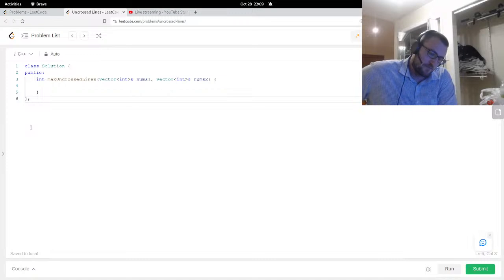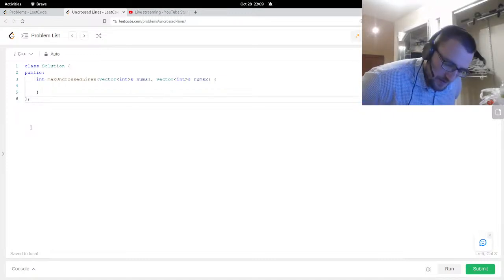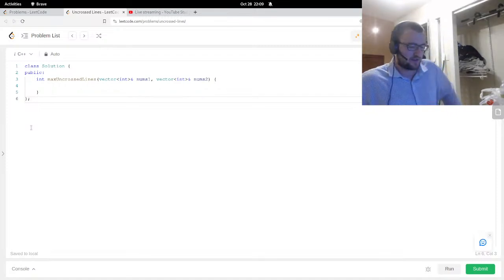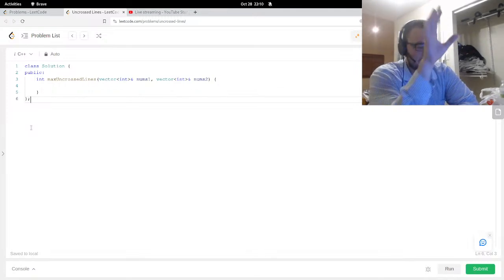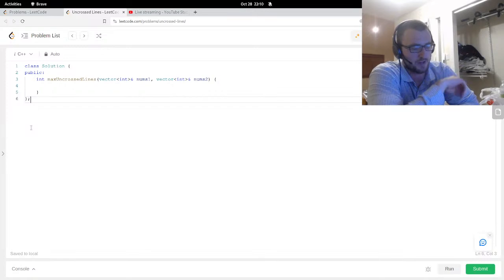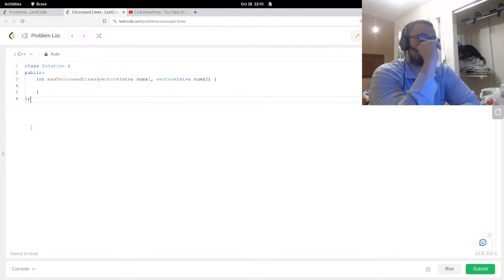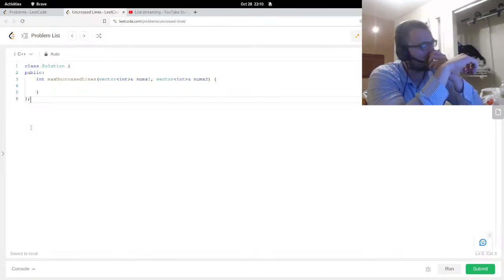Consider moving from right to left here, and the idea would be, let's say we're going back to front. We're going to start on the right side of both arrays, and we're going to say, okay, in the first array there's some element. In the second array, I want to move right to left, and if the element in that second array matches this element, then I have some DP number